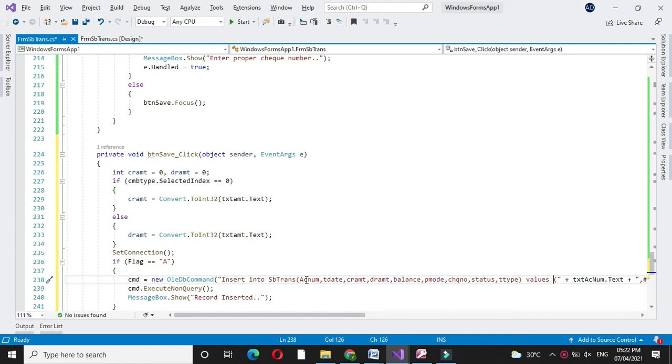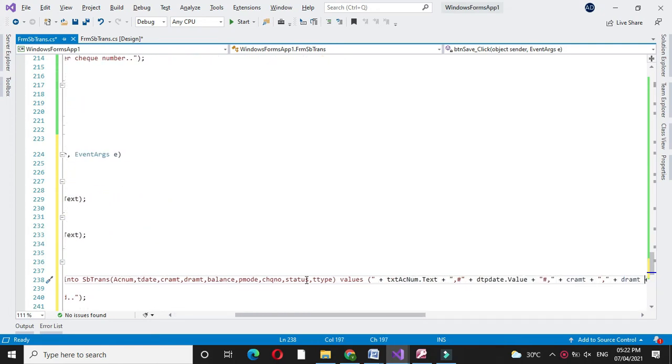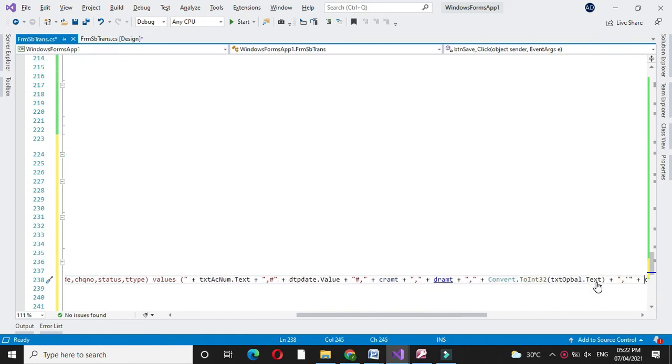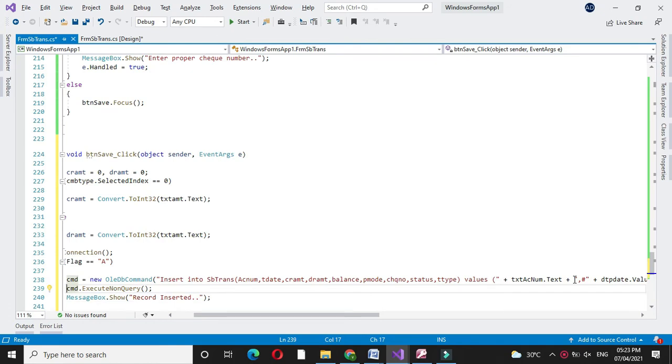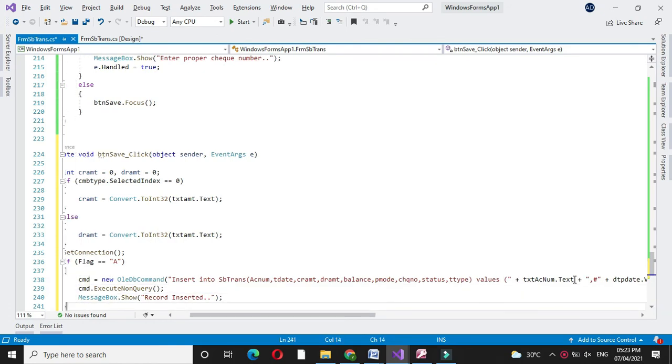We are going to set the values with account number, date, the variables CRAMT and DRAMT, balance, payment mode and check number, then txtStatus.Text and transaction type, and we will execute cmd.ExecuteNonQuery.